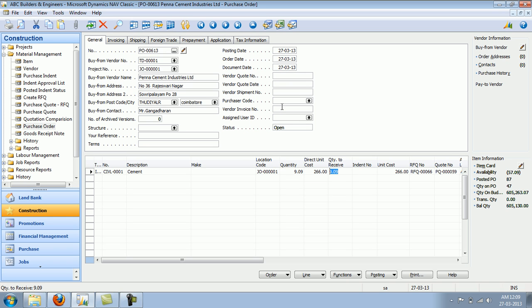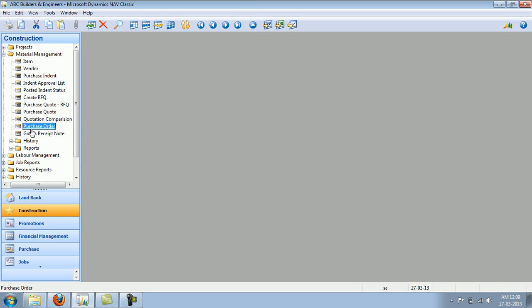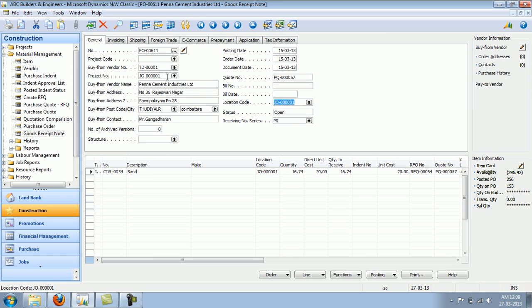Once a purchase order is released, then the next step would be to receive materials against the purchase order. I can pick up my particular purchase order and specify the quantity to receive. For example, if there is a short receipt, I can specify it. So the purchase order will be kept open for future receipts. I need to specify the invoice number and I can say post